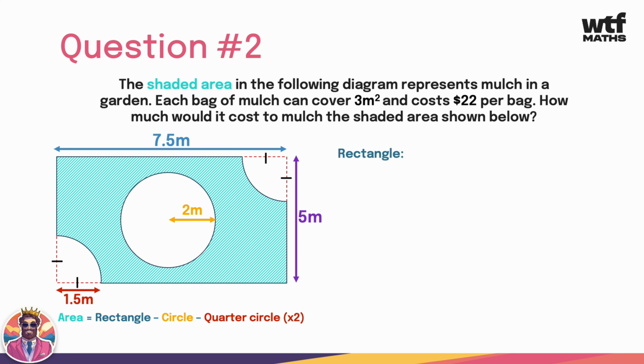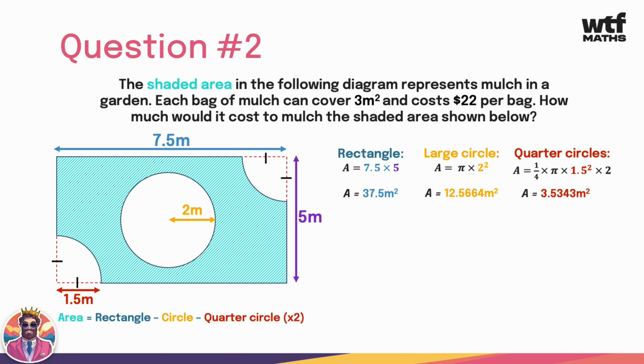So for the area of the rectangle, it's going to be really straightforward. 7.5 times 5 is 37.5 meters squared. For the large circle, it's just going to be pi times 2 squared to give me 12.5664 meters squared. And the quarter circles, it's a quarter times pi times 1.5 squared, and we times by 2 because there's 2 quarters, and we get 3.5343 meters squared. So the total area is just going to be 37.5, take away the large circle, take away the quarter circles, which gives me